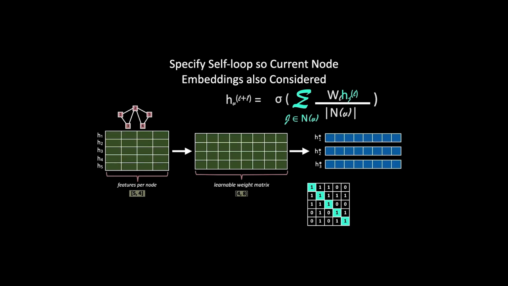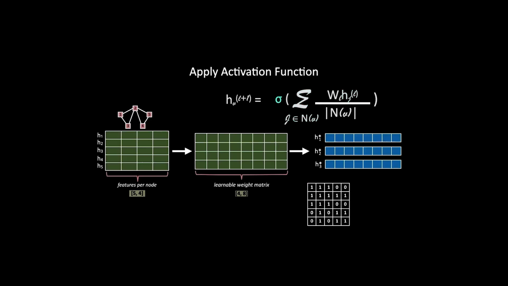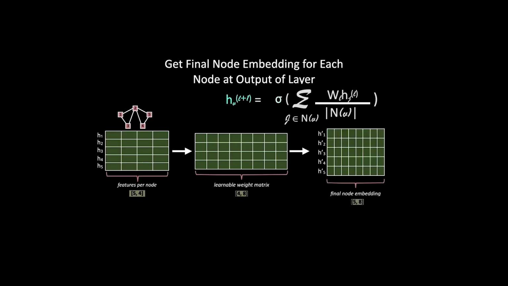In this way, the aggregation operation will consider the embeddings of the neighboring nodes as well as the embedding of the current node to find the embeddings of the current node at the output of the next layer. And of course, in order to capture the non-linearity in the node embeddings, we apply an activation function to get the updated embeddings for each node. Thus, we perform the transformation, aggregation, and the activation function to get the final node embedding. And here we've considered just one layer with number of hidden units equal to 8. So the final node embedding will be a matrix of 5 by 8,